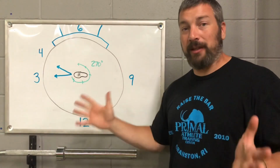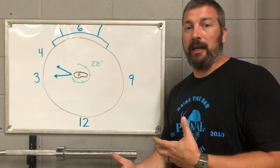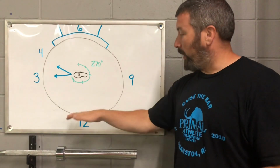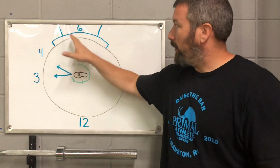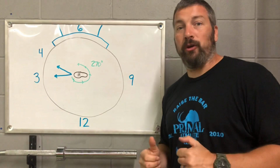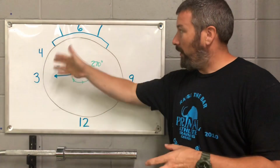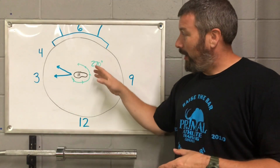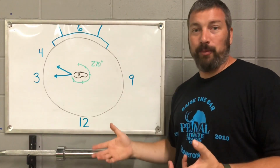And then if you're facing the back of the circle, like someone who's about to start the full rotation in the shot or the full spin in the discus, you can look around that circle. You've got 12 o'clock, 3 o'clock, 6 o'clock, and 9 o'clock. So as you stand, and we'll show you over here, you are facing 12 o'clock, okay? You can think of this almost like a compass, where there is a